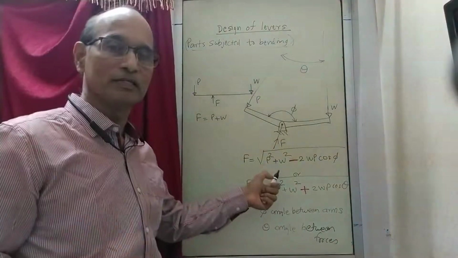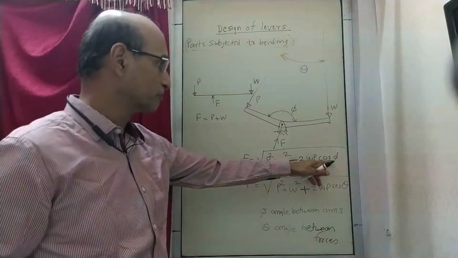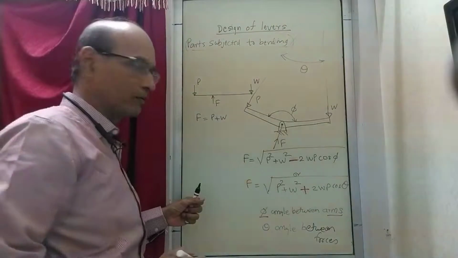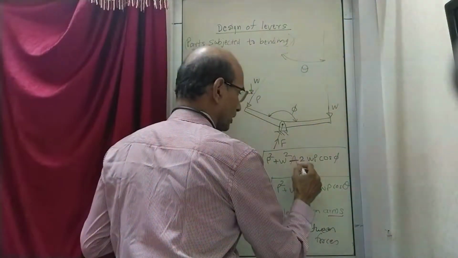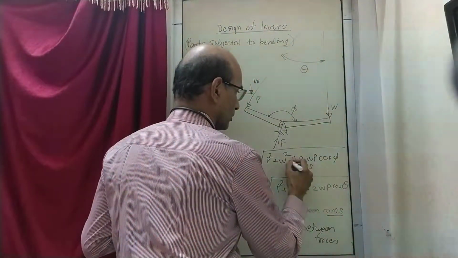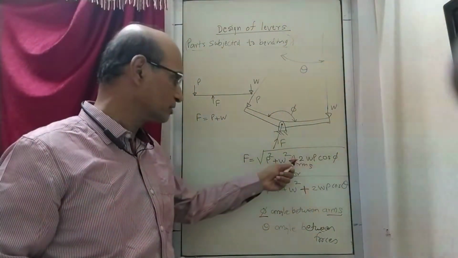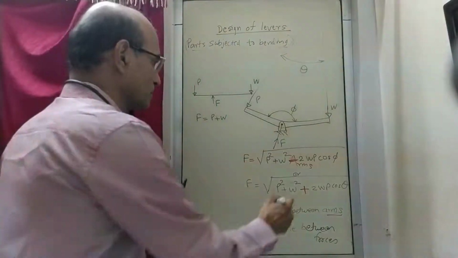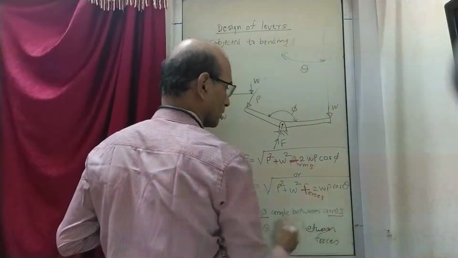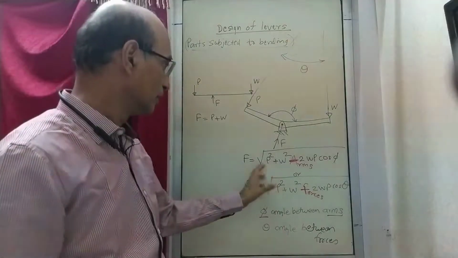Now in what case, what is the thing? If phi is the angle between arms, then it is minus. Maybe I'll write here, arms. So the angle between arms, it is minus, and plus is the angle between forces. So I'll call this forces. You can remember like this when to take plus and when to take minus, rest everything is the same.